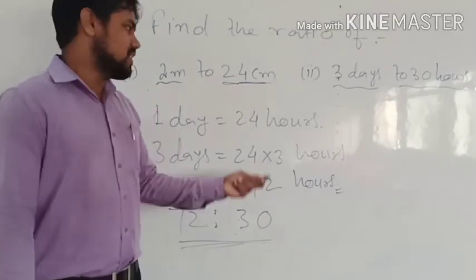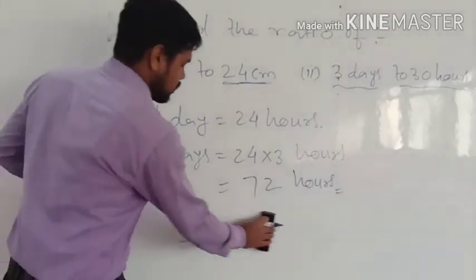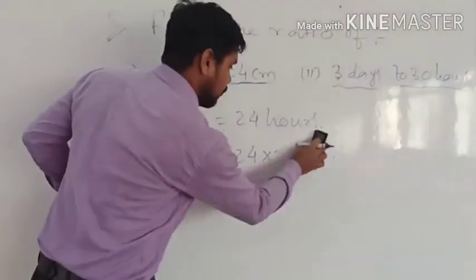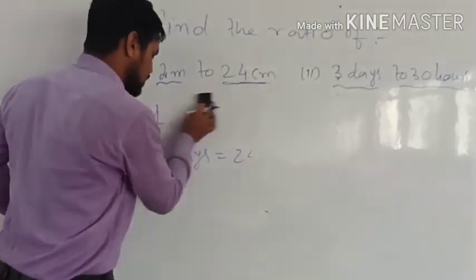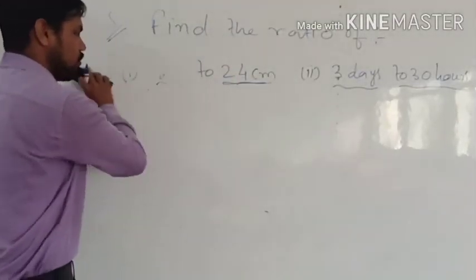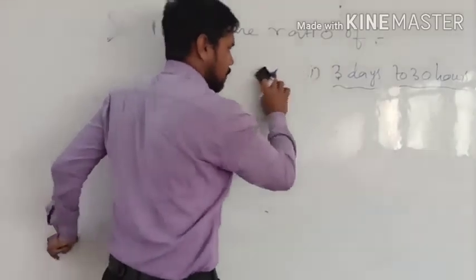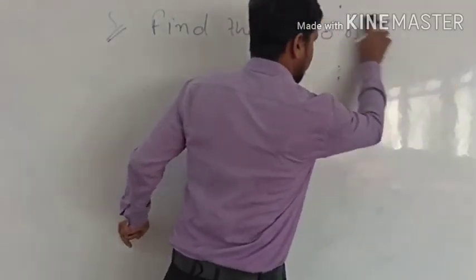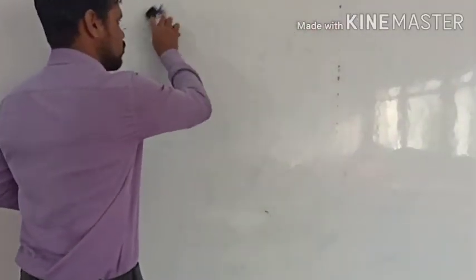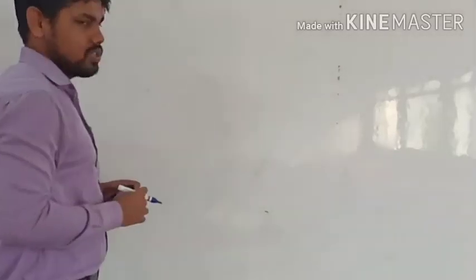So this is the basic concept of ratio and proportions in your chapter. We will discuss a few more questions, especially word problems from this chapter, in the next video part, because this part has already become so long, and I don't want to make it so long. So in the next video part we will learn some word problems related to ratio and proportions.